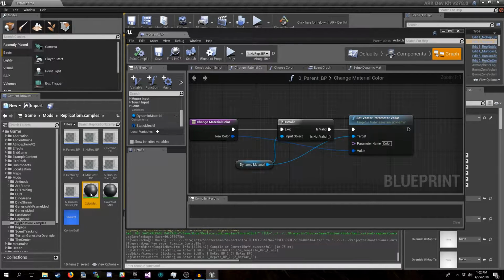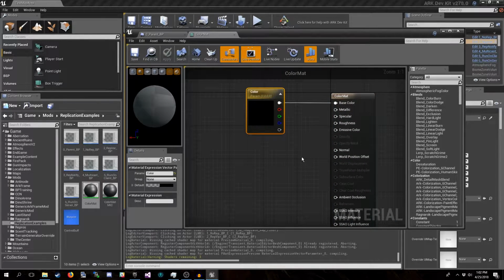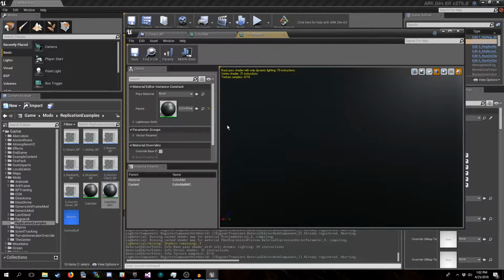Now the materials are really simple. If you open up the master color mat here, you'll see it's just a vector parameter passed into base color, and that's it. And then we generate a material instance to actually be able to modify it.